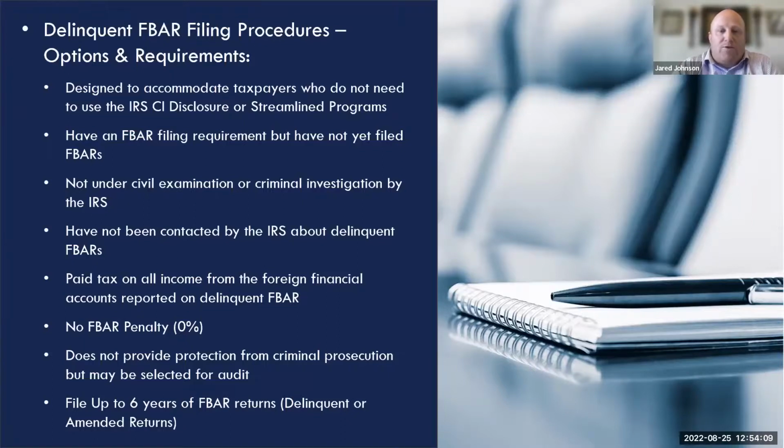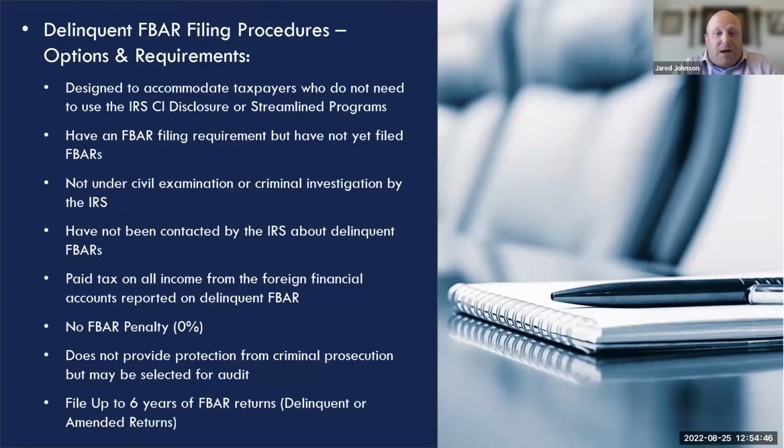The other one, so we have two more amnesty programs that we're going to talk about today, and we're nearing the end of our time as it is, so I'll try to be brief, but this is one of the better programs, the delinquent FBAR filing procedure options and requirements. So this is designed to accommodate taxpayers who don't need to file under the CI disclosure or the streamlined programs, meaning maybe they've been reporting all of the income from their foreign assets, but they just didn't file an